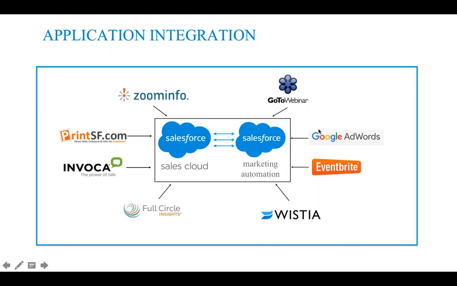So for example, if you're doing webinars and education pieces, you might want to have GoToWebinar integrated. Well, that's integrated with the marketing automation piece of Salesforce. If you're doing live events, well, there's Eventbrite. Eventbrite allows you to track and manage registrations and reminders and integrate that as well. So you can integrate that all the way over to your advisor team so they know what events these people are going to. If you're doing direct mail, printsf.com allows you to do direct mail, so you can personalize that and deliver the right content, right?